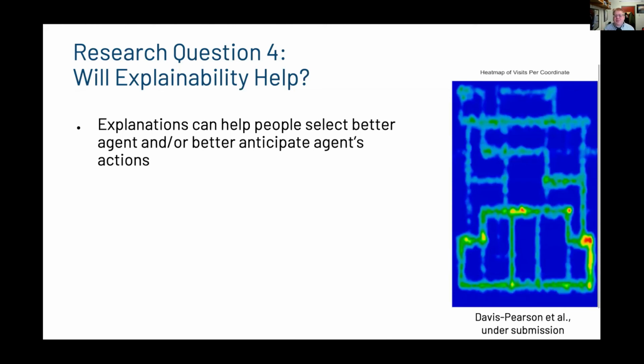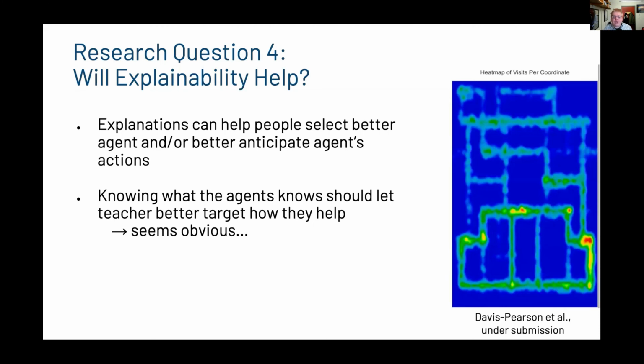So there is some work on explainability in RL. What I don't think there's a whole lot of work on, that this community might be interested in, is understanding how explainability helps teaching. This seems obvious. If your robot is explainable, it seems like the human teacher would better understand how to help the robot, whether giving feedback or guidance or curriculum. If the human understands what the robot doesn't know, it seems like you should be able to exploit that. So again, if you've seen a study like that, I would love to hear about it, because right now we're planning on running that just to show this thing that seems obvious.